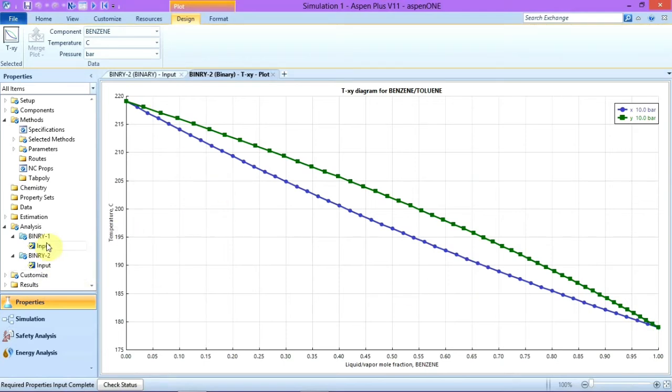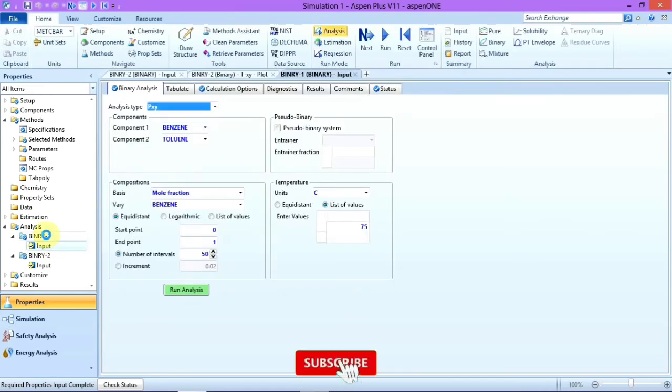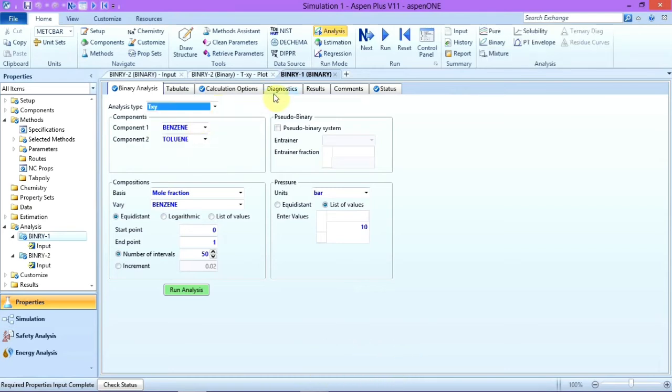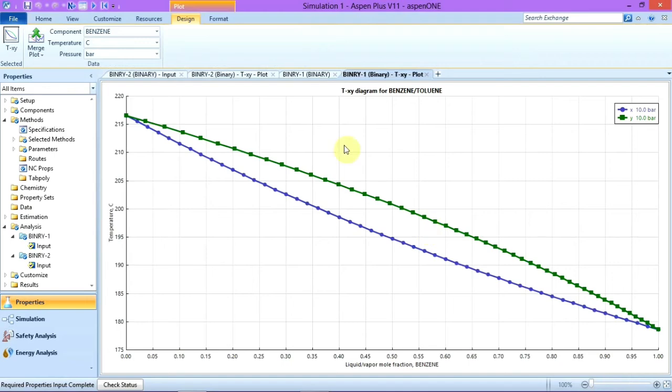So let us compare the results. In binary 1, what we have discussed is TXY. In binary 1, that is the ideal case, we calculate TXY, and this is what we get in the binary 1 plot.